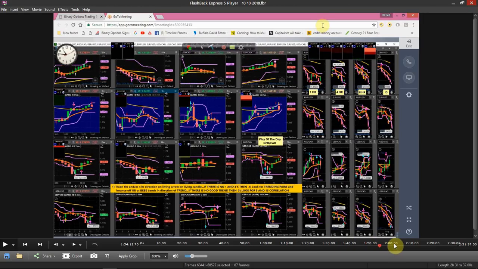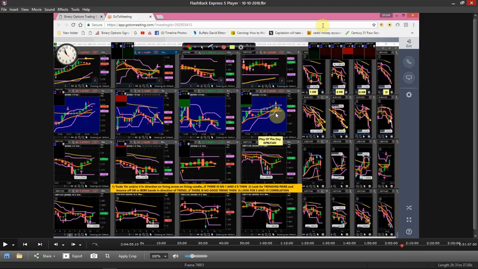Now, there's the pullback on the orange road. There it is. That's what I was looking for. Right there. See that pullback? It hits the orange road, it'll pull back. Okay? All right? But then as soon as it gets down, because you still got the correlation, as soon as it goes down to the 5-minute BB band, buy it. As soon as it turns green, buy it. Good. That's a lot of nice pips right there, baby.